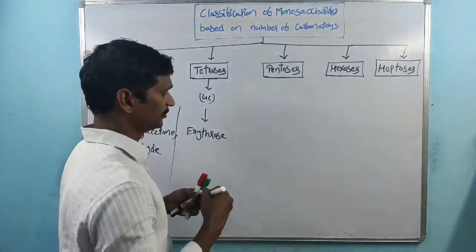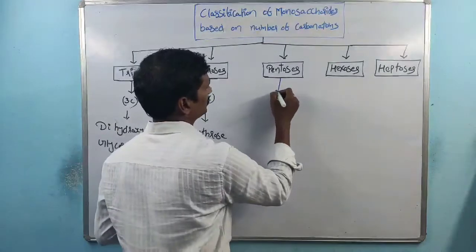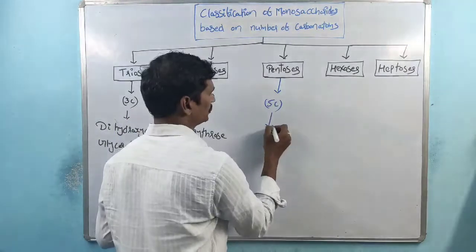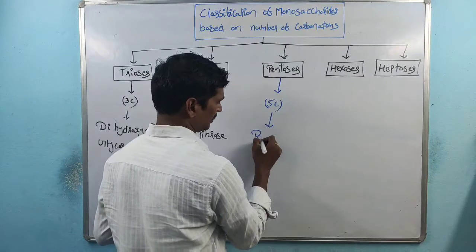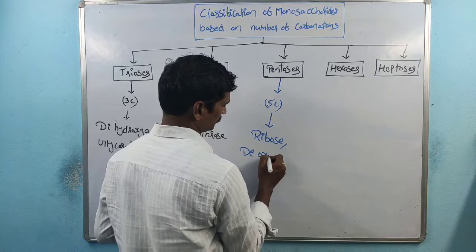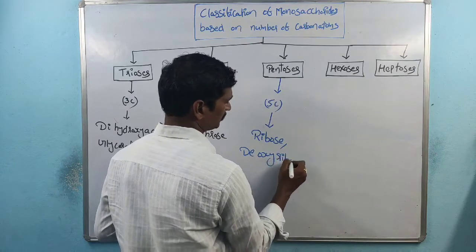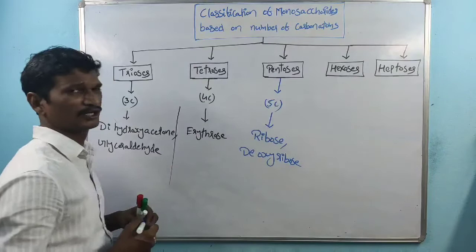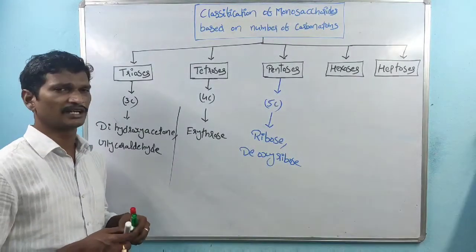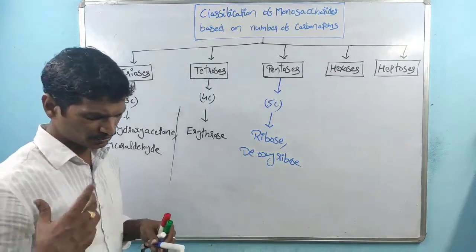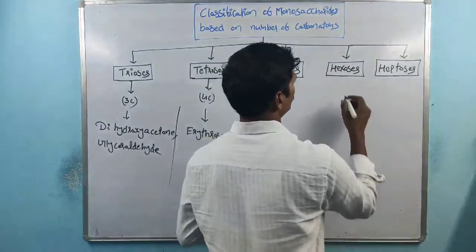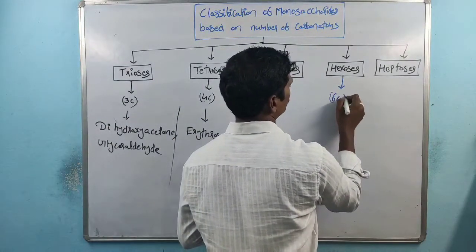So there is a comparison, erythrose sugar, erythrocyte, right? Coming to the next one, pentoses. The monosaccharides have 5 carbon atoms. The fine examples are ribose and deoxyribose. Within DNA, deoxyribose is present, and within RNA, ribose sugar is there. So these sugars are pentoses, also called pentose sugars. And the next one is the hexoses, 6 carbon sugars.